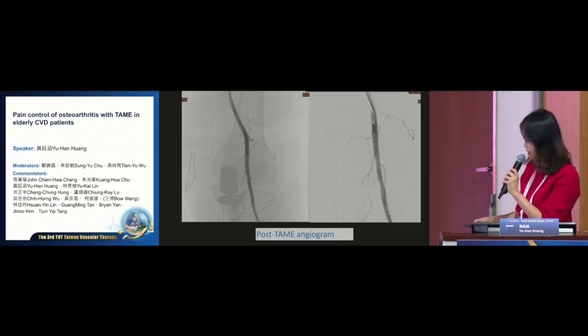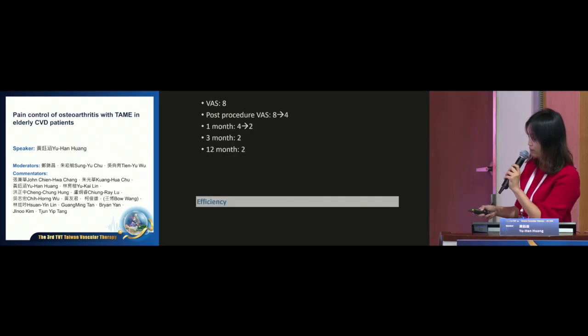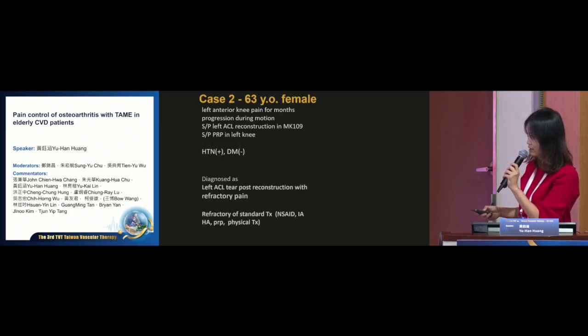independent就是到我们的main trunk里面。那这个病人的疼痛pain score is 8 and drop to 4 and persistent decrease to 2 at 1 month，然后持续到1年，那效果其实不错。那后来他的脚的情况也没有什么特别，比如说有一些新的ischemic limb的出现，这是没有的。然后第二个case是一个63-year-old female，她是left anterior knee pain for months, progression during motion。然后他的left ACL reconstruction in 109年，然后有打过PRP，他也是一个hypertension的病人，有CVD这样。然后diagnosis的部分呢，因为他做过很多的治疗，NSAID或IA、PRP或field therapy，可是他的效果都不好，所以我们就给他diagnosis